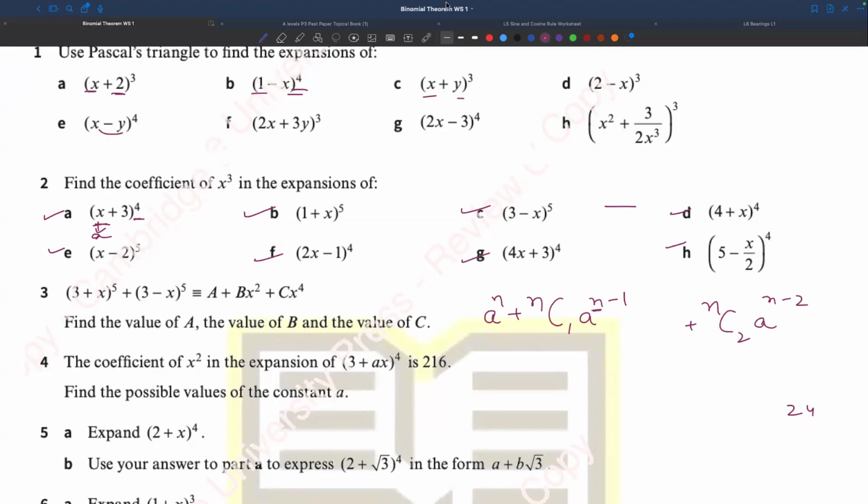You people get what I'm trying to explain over here? Ali, Sama, Uruj, and Wajia, that yes, you can expand it completely, which will be completely right as well. You won't lose any marks for that. But I would prefer if you people figure it out on your own directly, which term should I use. देखो, we say this is the first term, सही है? This is the second term. This is the third term. तो आप लोग को डायरेक्टली फिगर आउट कर लेना कि हम क्या यूज करेंगे, मेरे पास एक्स क्यूब आ जाए।